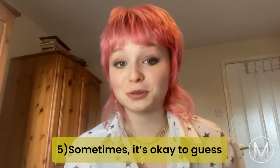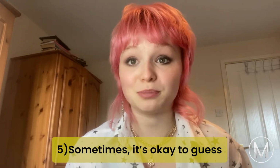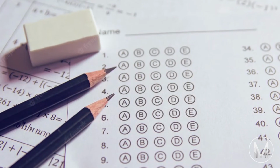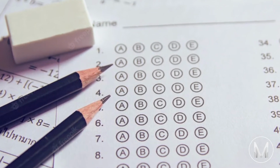This test is multiple choice and it isn't negatively marked, so you won't gain any marks from a wrong answer, but you won't lose any either. Therefore, it makes sense to guess if you're stuck. You might be able to rule out a few answers beforehand and then take a guess from what's left, but